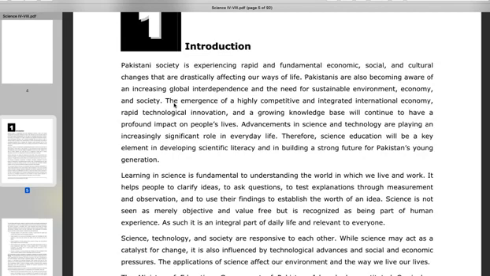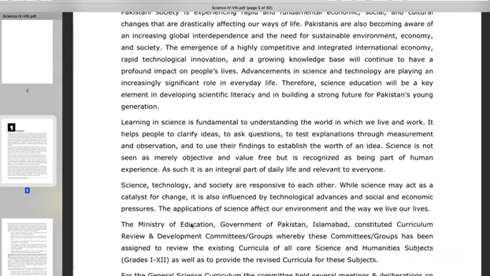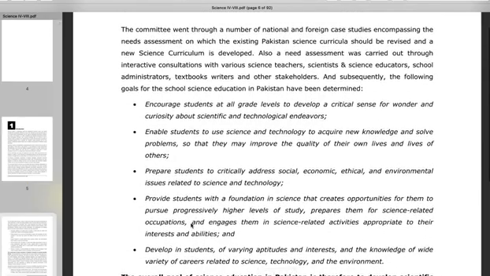अगर हम इसका पहला पैराग्राफ ही पढ़ें तो हमें पता चलता है कि इसका बुनियादी मकसद क्या है कि पाकिस्तान की इकॉनमी को स्ट्रॉन्ग करने के लिए जो साइंस की फील्ड में जॉब्स अवेलेबल हैं, जो टेक्नोलॉजी की फील्ड में जॉब्स अवेलेबल हैं, जो इन्वायरमेंटल साइंसेस की फील्ड में जॉब्स अवेलेबल हैं, उसके लिए ह्यूमन रिसोर्स को डेवलप किया जाए, ट्रेन किया जाए, एजुकेट किया जाए। डेफिनेटली साइंस करिकुलम के ऑब्जेक्टिव डिफरेंट हैं लैंग्वेज करिकुलम से। अगर हम इसको आगे ड्रैग ऑन करें तो देखते हैं कि इसके अंदर क्या चीज़ें हैं।